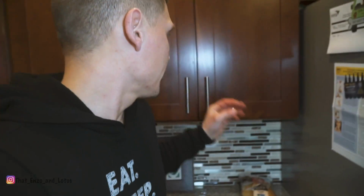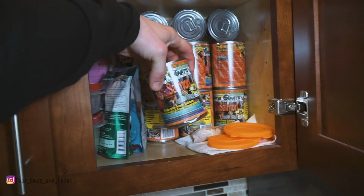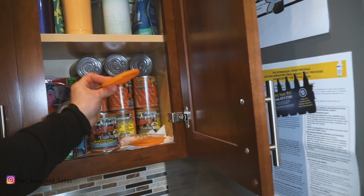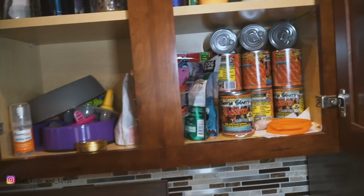Now the other thing we do is I mix soft food in with their food, especially when I'm giving them the supplement. So we do have extra soft food up here that you will see. We use just the salmon typically, unless they're sold out. And then we have the lids. So once you open them, you want to keep them in the fridge, and then you have these little lids to keep them fresh. We also have extra snacks,